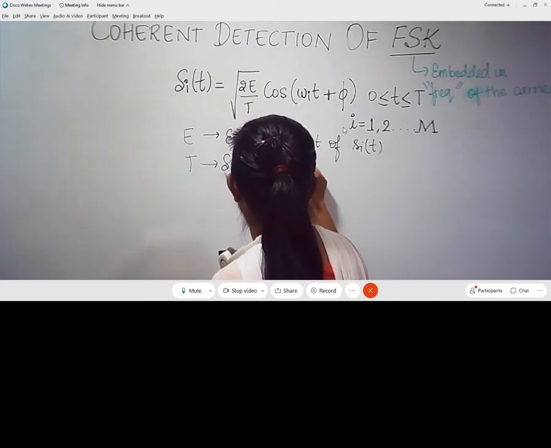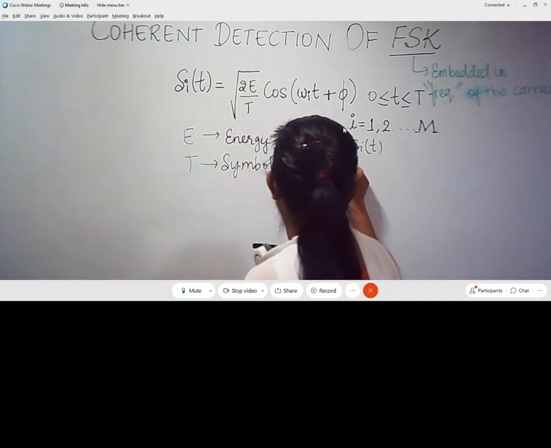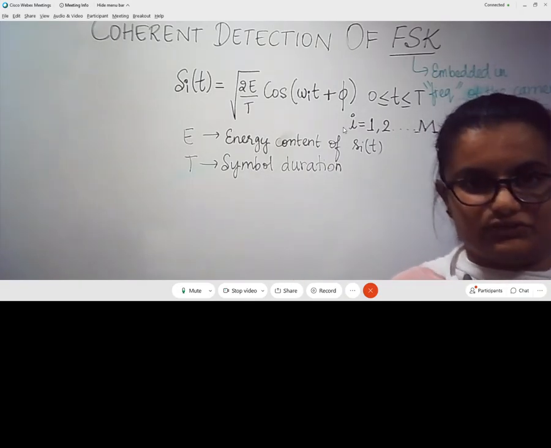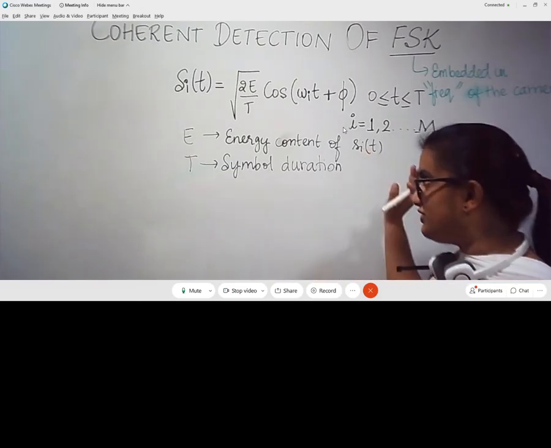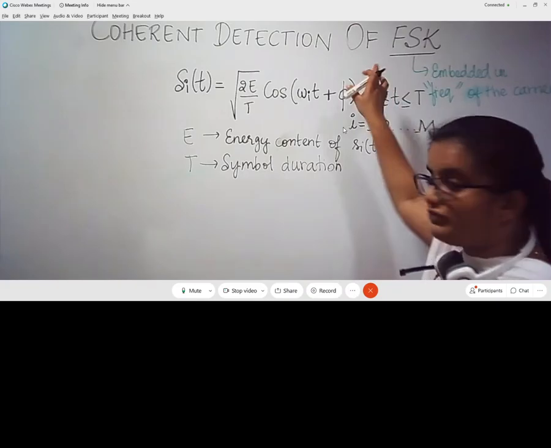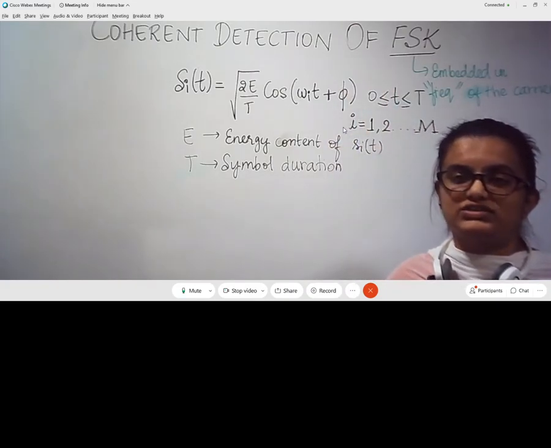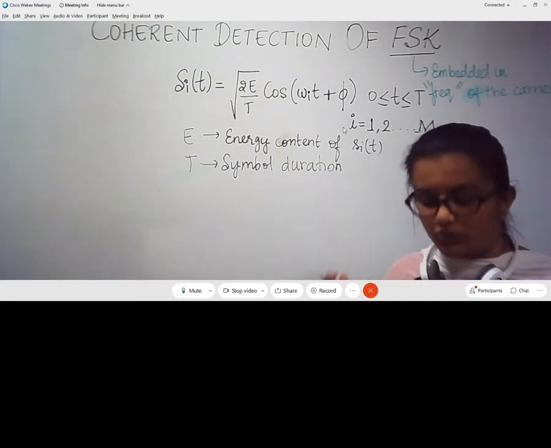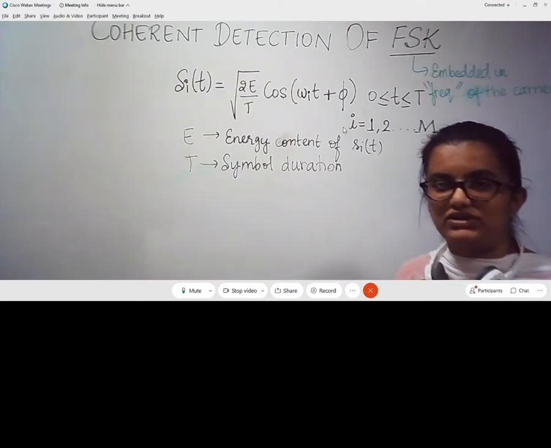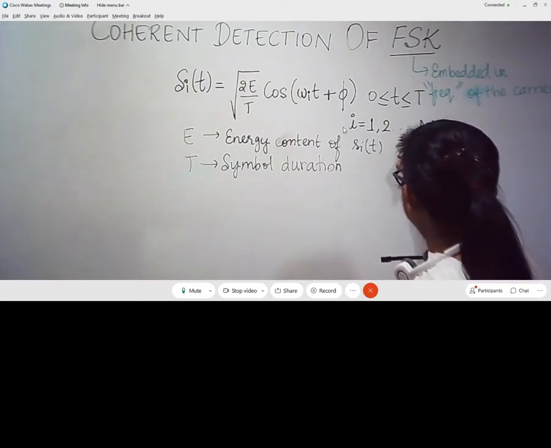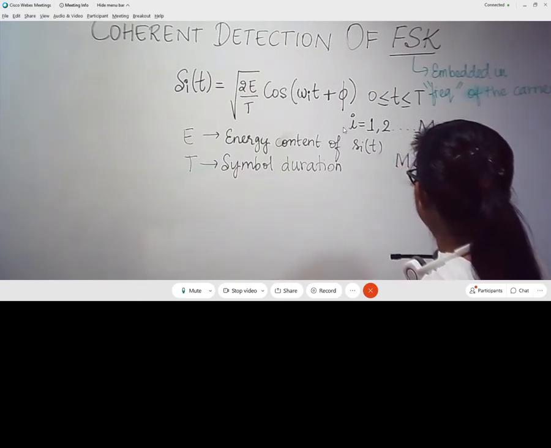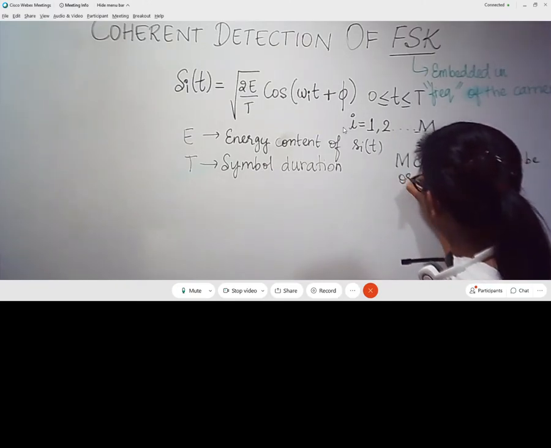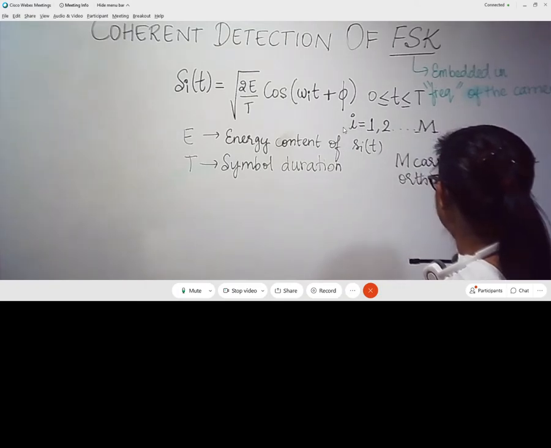Another very important aspect when it comes to frequency is, whenever I am sending M different waveforms to represent M different symbols, I am supposed to make use of M different frequencies, because I am talking about frequency shift keying. But when I choose those M different frequencies, it should be such that all these M carrier frequencies, M number of carriers, must be orthogonal. This we need to take into consideration always.